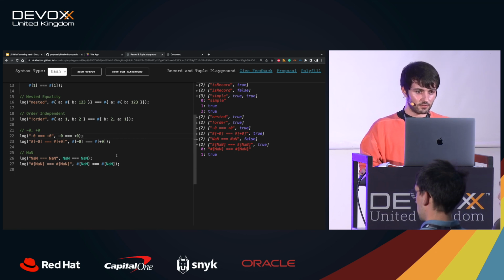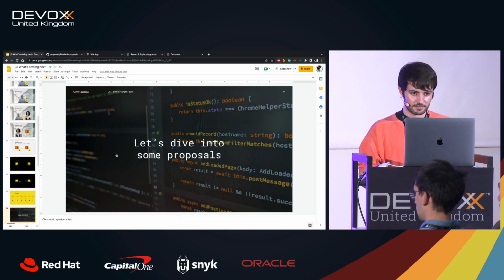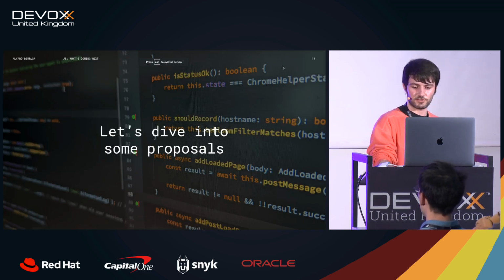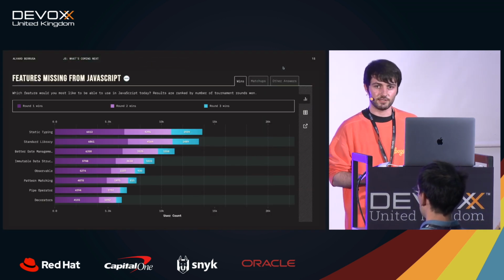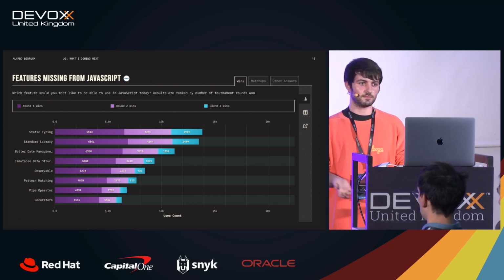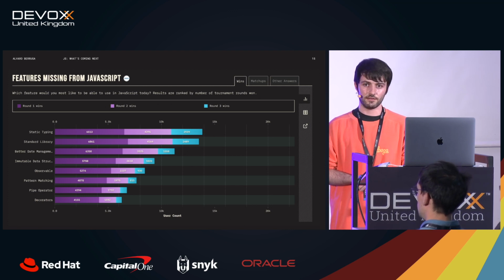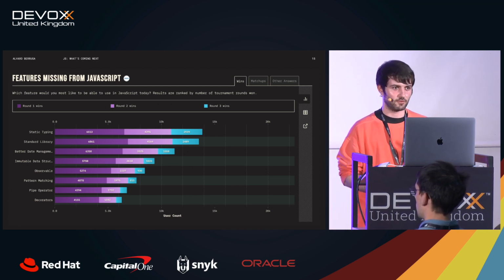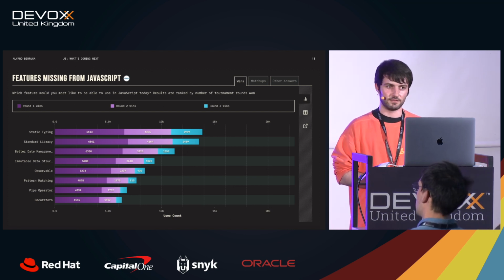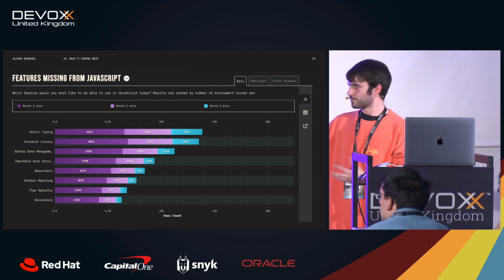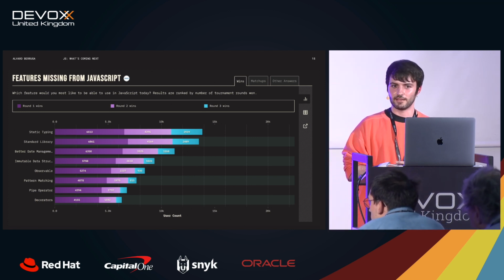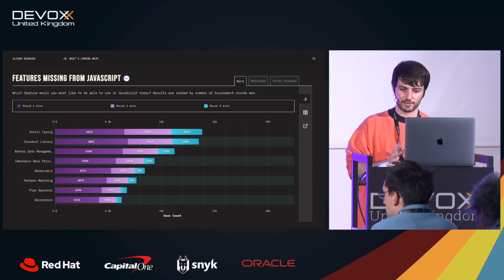Okay, so let's go back to the slides. We have seen some proposals. Now what I'm going to show you is a survey. This is coming from something called the State of JS. State of JS is basically a survey that is done every year where between 25,000 or 30,000 developers submit their responses. Anyone can submit, and it asks for feedback, like which technologies do you use. It's super interesting, and it has a lot of really cool data.